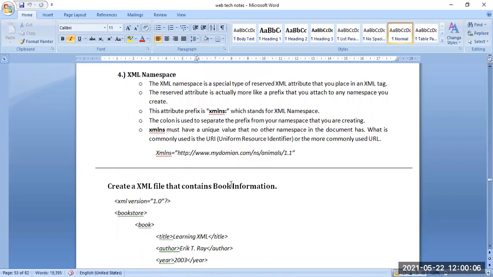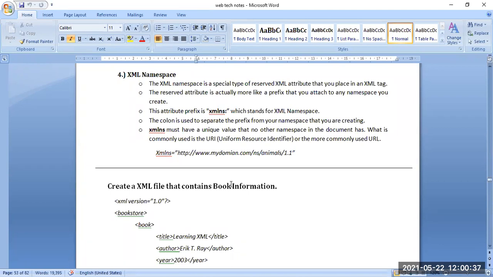Then the XML namespace. This XML namespace is a special type of reserved XML attribute that we place in an XML tag.